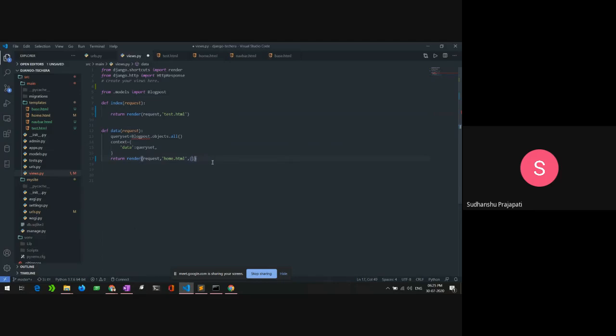You have to give it in the form of a dictionary, that is queryset, with whatever variable name you want to use in your template. By that you can access it in your template. In my case, I am using the name data, and that's the name that I am using to get the data inside my template.